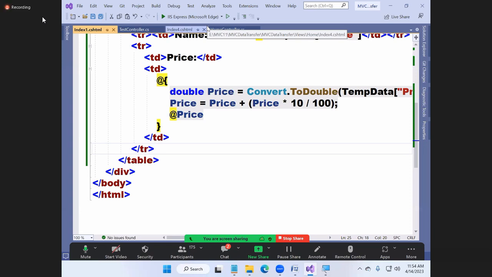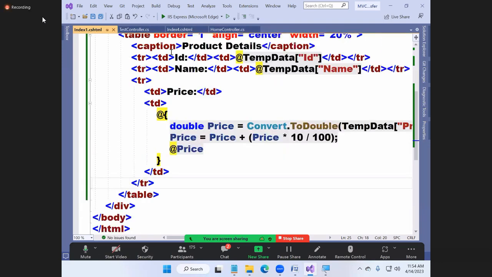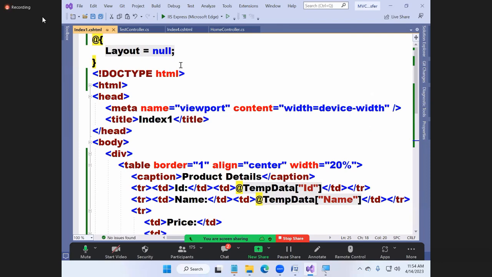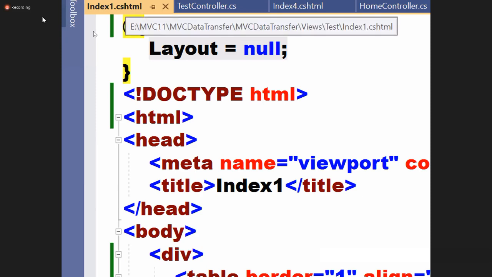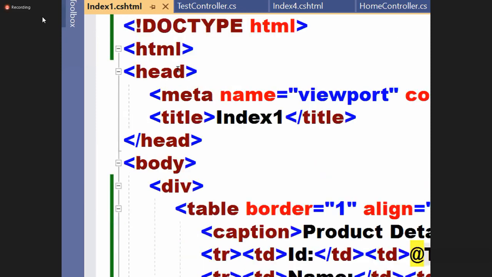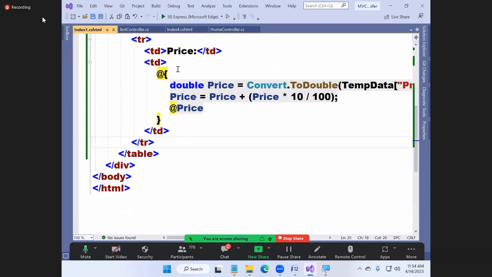Just to demonstrate that, to prove to you the data is lost. See, in the index1.cshtml of test controller, it corresponds to test controller, not to home. I am adding a link in the bottom.